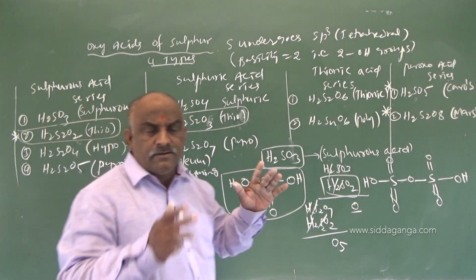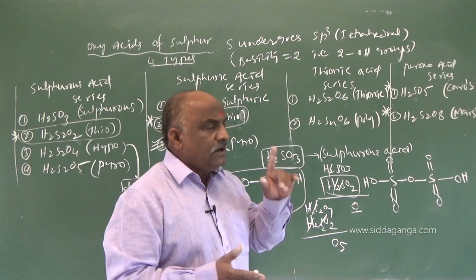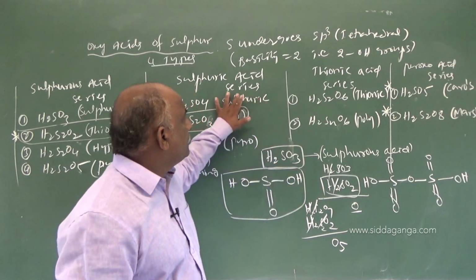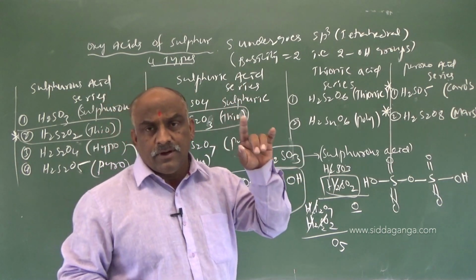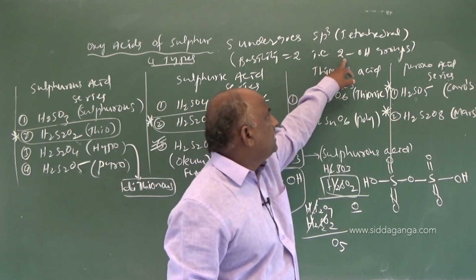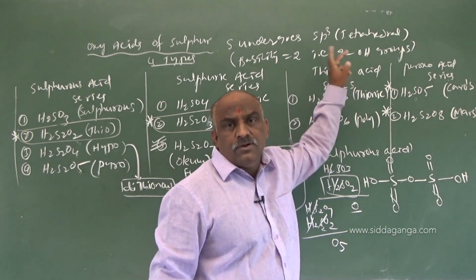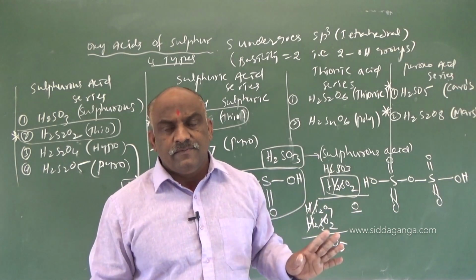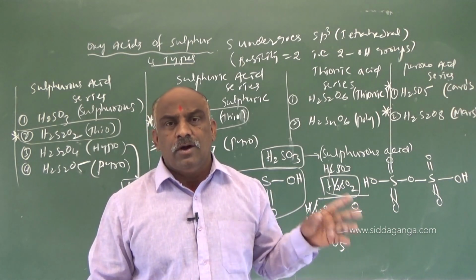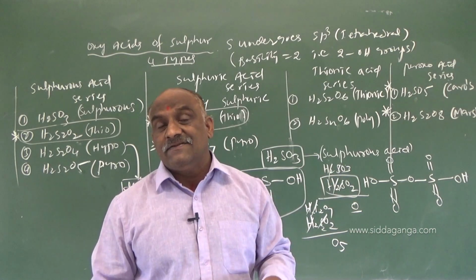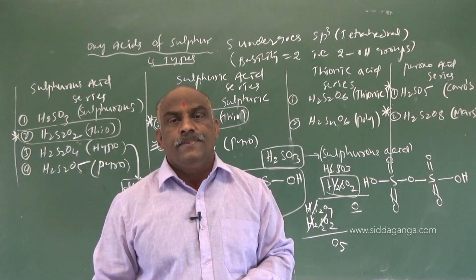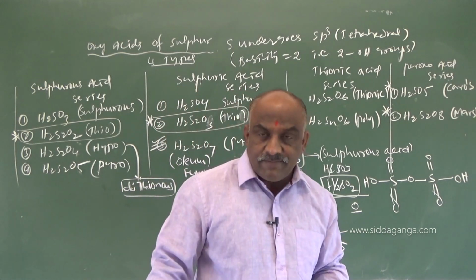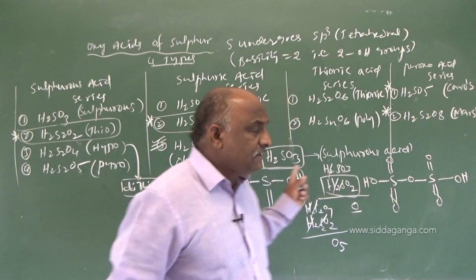Clear what I am saying? Observe this while drawing the structures. Keep this point in your mind: 2 OH groups. If one sulfur atom is there, simply connect 2 OH groups on that sulfur. Remaining oxygens you should write as double bond O, double bond O. If any sulfurs are left, write double bond S. Once again we will discuss the structures regarding this.